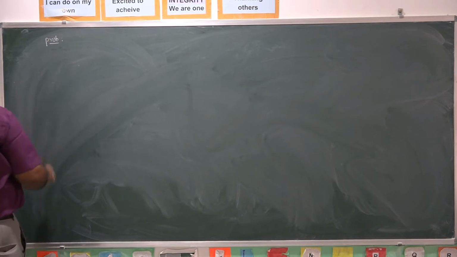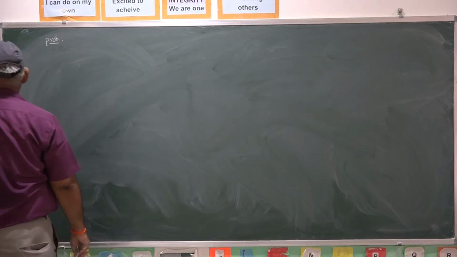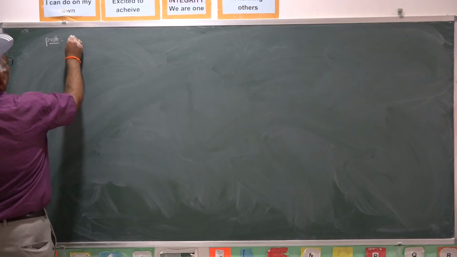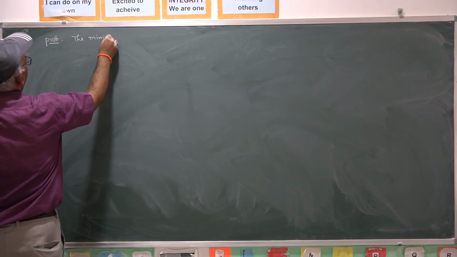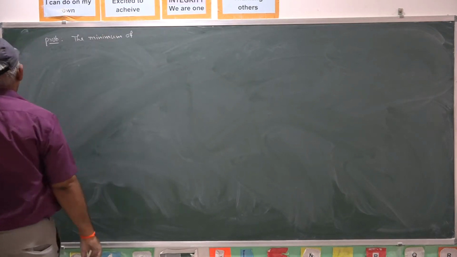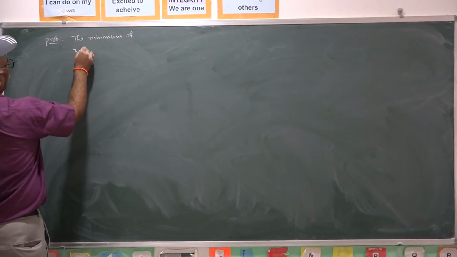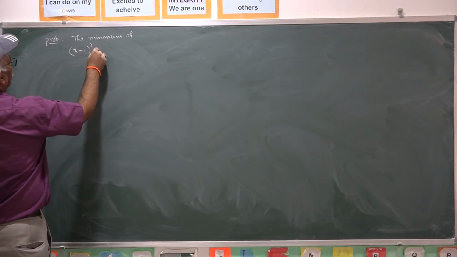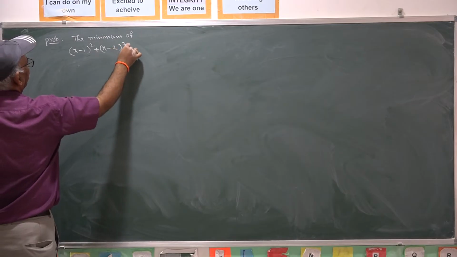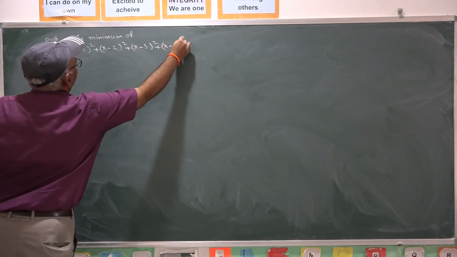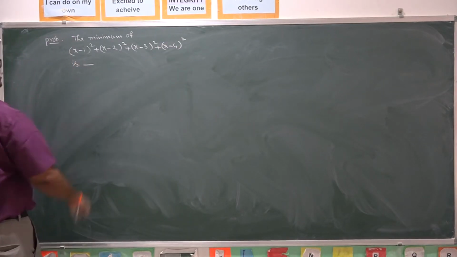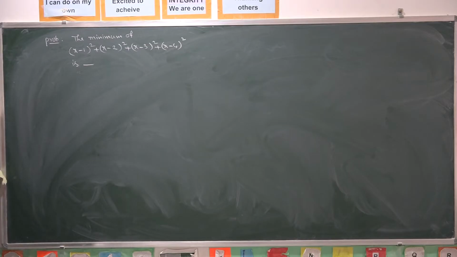The problem. The minimum of (x minus 1) whole square plus (x minus 2) whole square plus (x minus 3) whole square plus (x minus 4) whole square is...